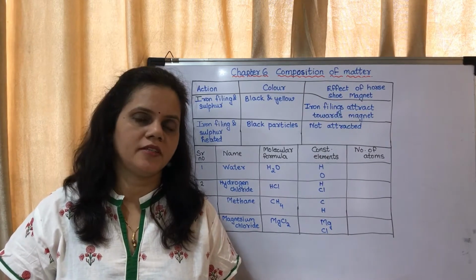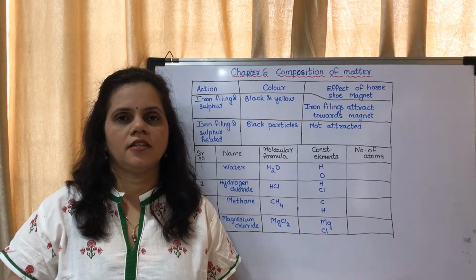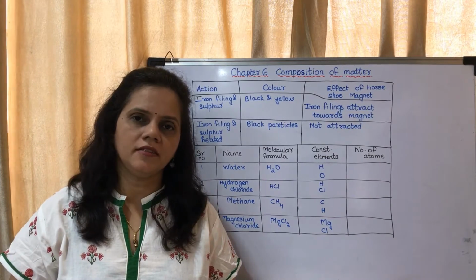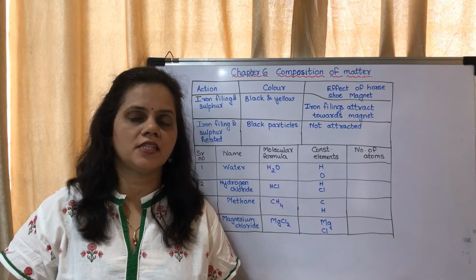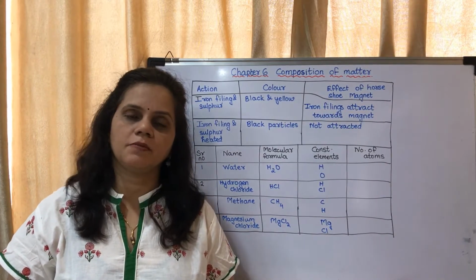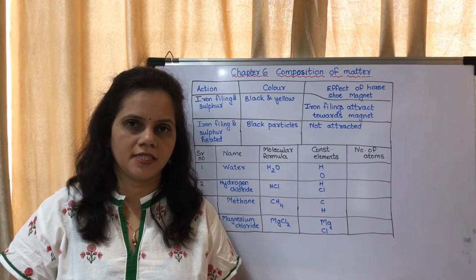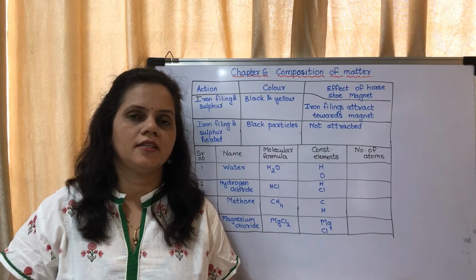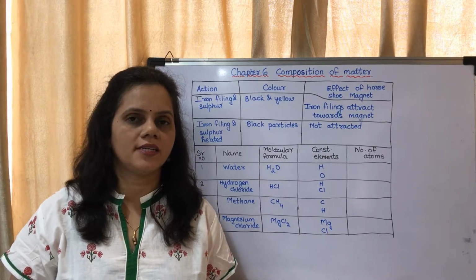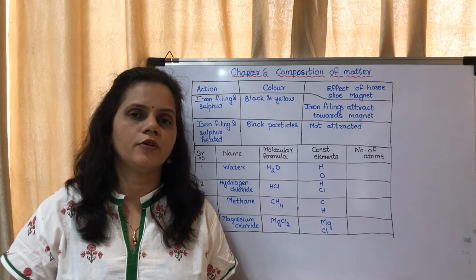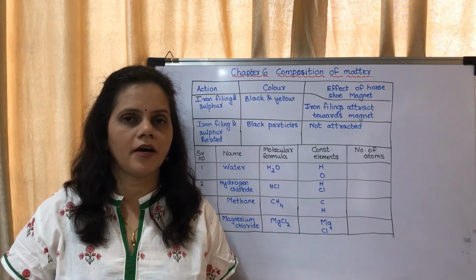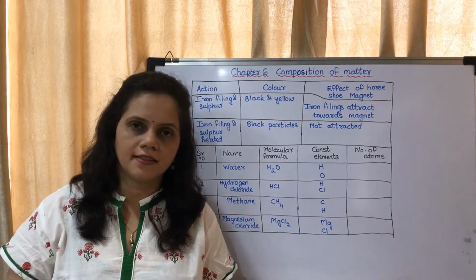So in this chapter we have studied about the different types of matter. Okay, what are the forms of matter? Solid, liquid and gas. Types of matter: elements, compounds and mixtures. Okay, did you go through it? The chapter is important. You have to understand the terms, what you mean by elements, compounds and mixtures, very thoroughly.